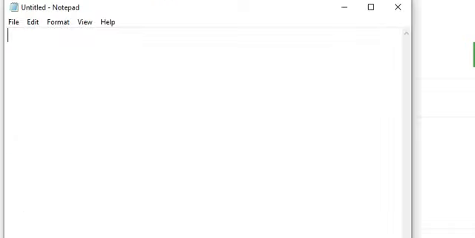I am going to show an example here. In the HTML tag, am I writing anything else? No, I am not writing anything here. The attributes are right inside the starting tag. Suppose I am writing body.